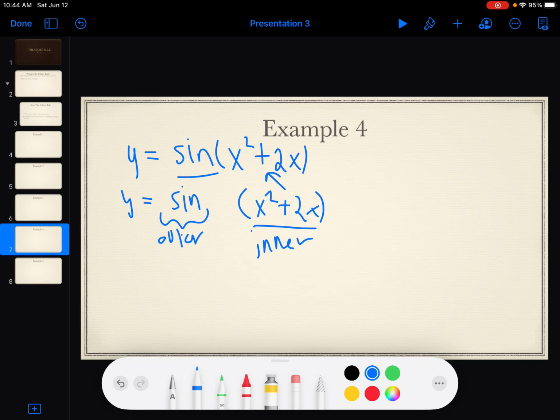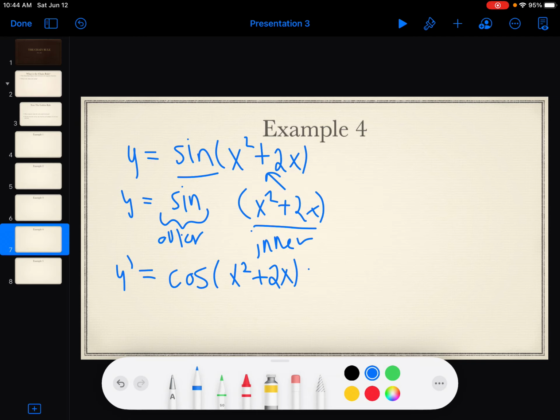Inner. So there we go. We got our inner function, and let's take the derivative. So what's our derivative of our outer function? Well, what's the derivative of sine of something? The derivative of our outer function sine is cosine. And we said we evaluate that at the inner function. And the inner function is x squared plus 2x